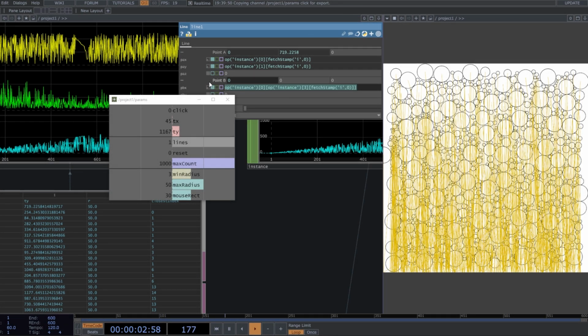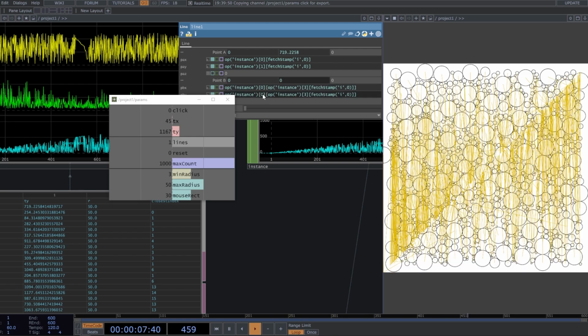So when we copy and paste this and change the index to 1,